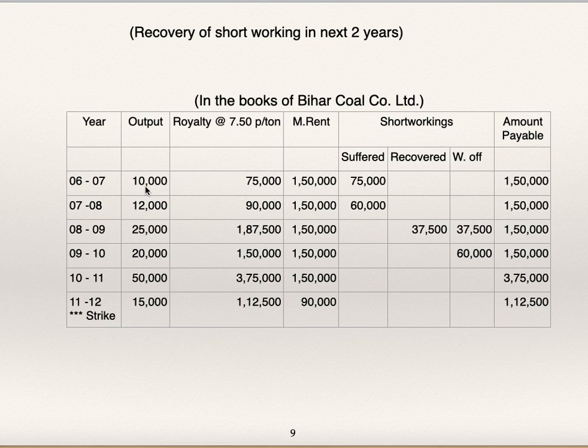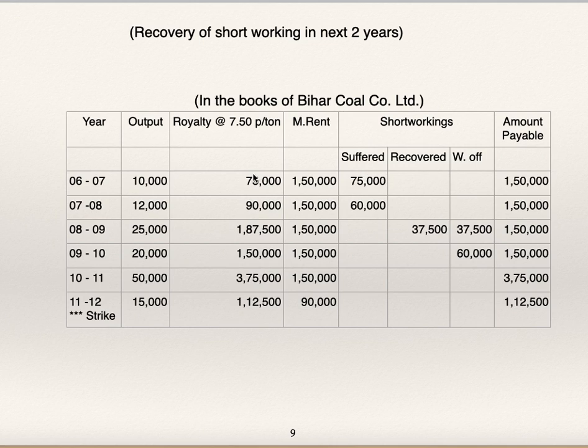Year 6-7 output which is given. Royalty is 7.50 into 10,000. Minimum rent is 1,50,000. Now most important column, short working. Compare royalty and minimum rent. Minimum rent is more. He is supposed to pay royalty or minimum rent, whichever is more. So difference in minimum rent and royalty is short working which he has suffered, and amount payable to landlord is